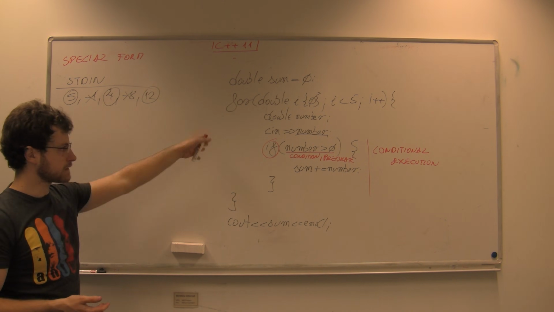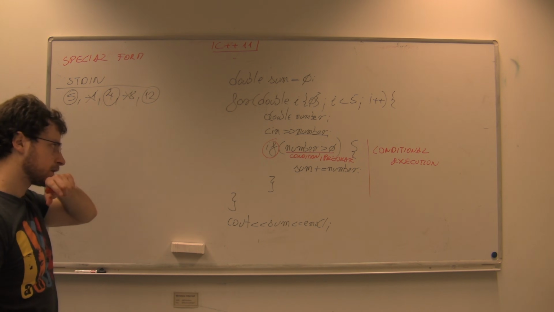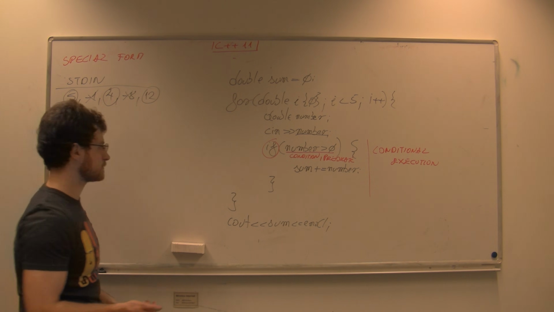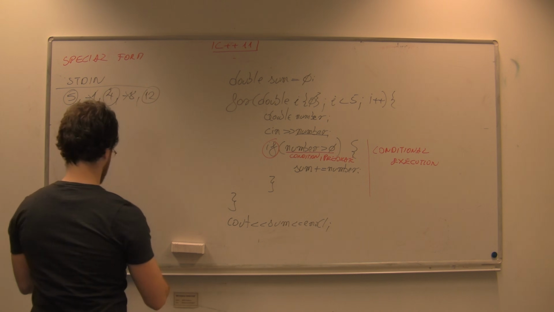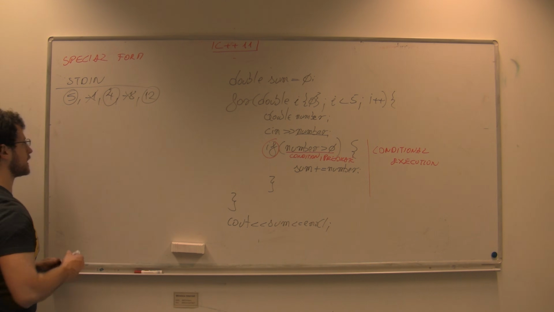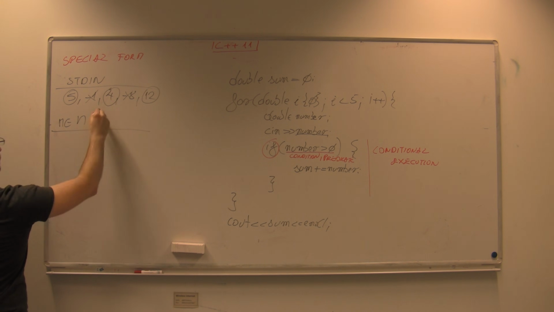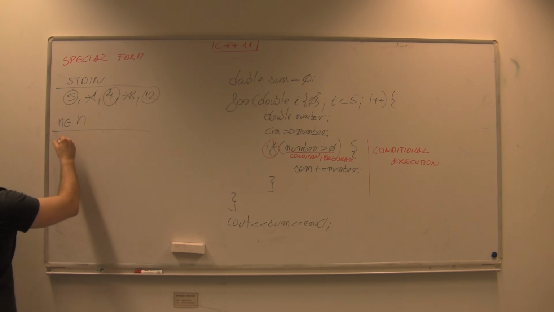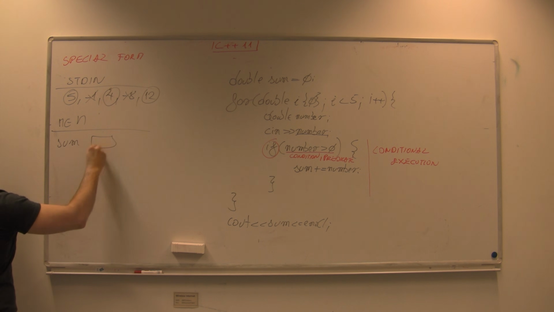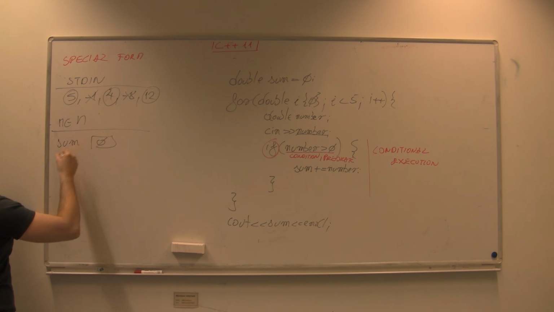Let's execute this for loop to see how this works. It's not really surprising, but still we want to be very elaborate. So I will introduce memory again. We introduce variable sum, bind it to 0,